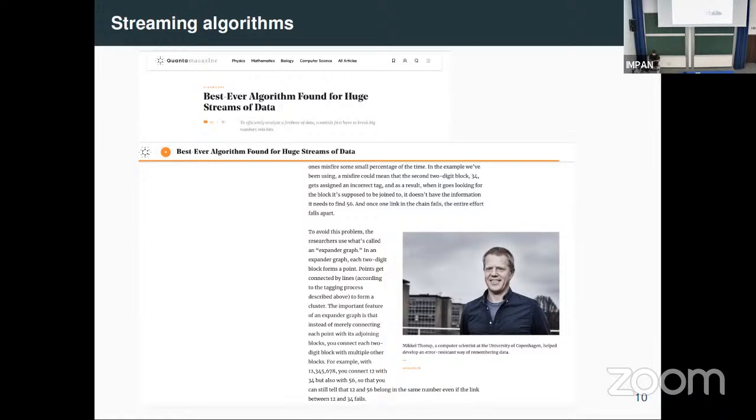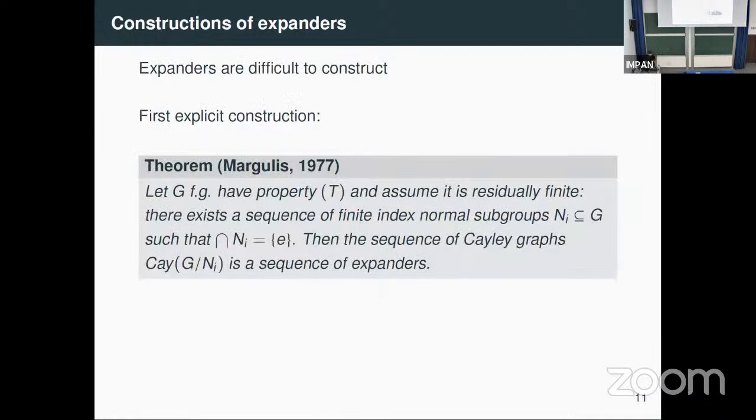All right. So this is why you would care about these graphs. However, the problem is that they are difficult to construct. Their existence was known since the 50s, and it was an open problem how to actually give an explicit construction. And there was a theorem in 1977 by Margulis,